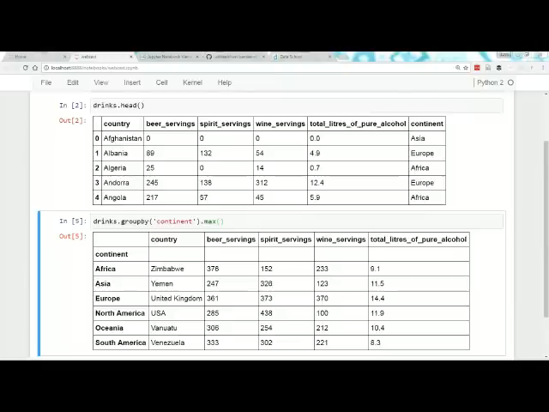Second, merge versus join. Kind of the same. Merge is a top level function, so you use pd.merge. Join, I think it's just a data frame method, like data frame name dot join. And just like before, merge is a more general function with, I think, more power than join. And I don't think you ever need to use join. I would recommend you always use merge. I never use join. I don't think there's a compelling use case for join. Maybe there is, but I just recommend using merge.